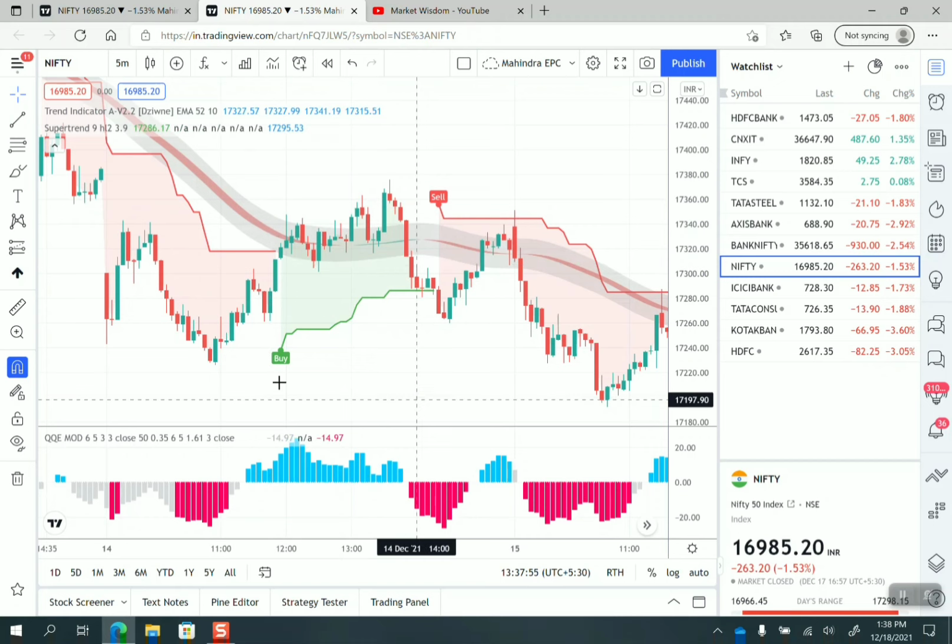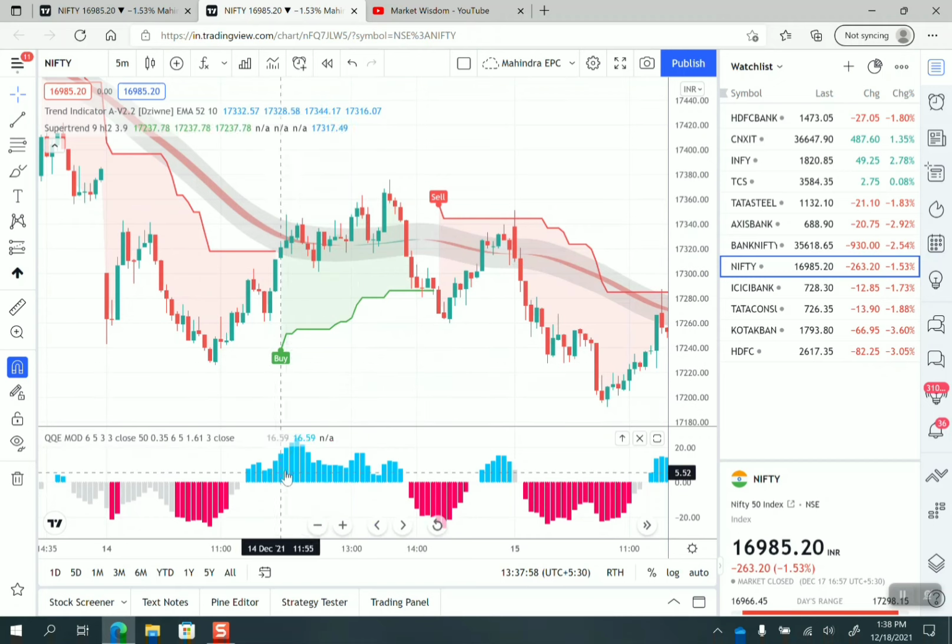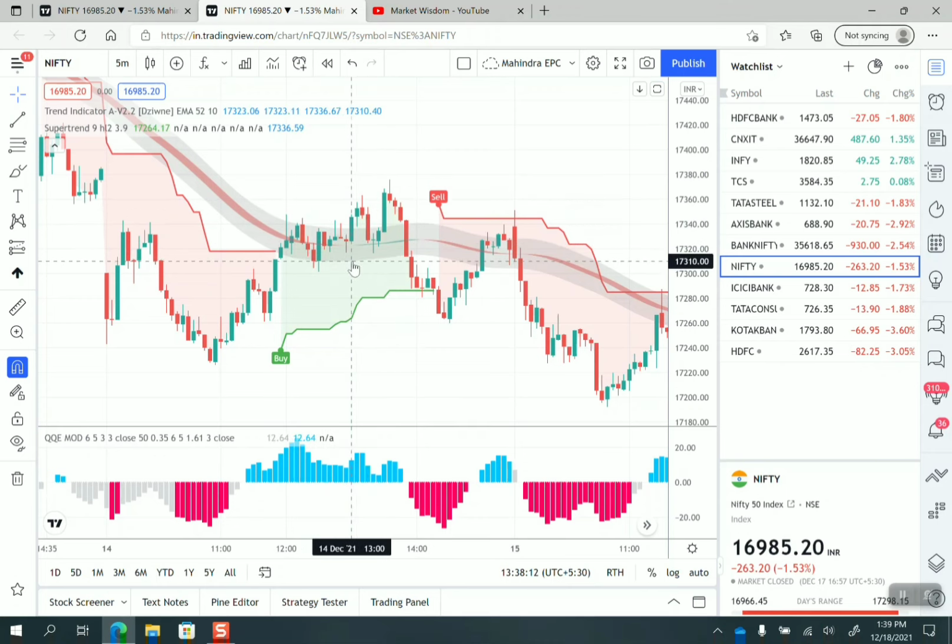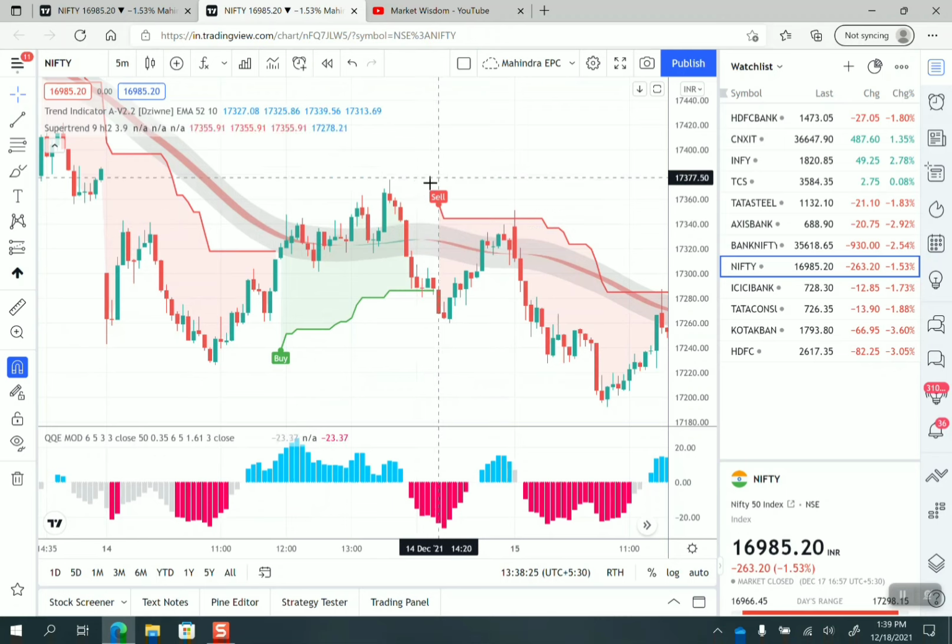So remember, for the buy side the signal will be: this oscillator will be in blue color, a buy signal should be indicated on your chart, and this trend line should be in a green color. Then only we can initiate a buy side, and stop loss will be the lower end of this band. This trend indicator, super trend we are getting right over here, the super trend lower end will be the stop loss. So this will be the strategy for the buy side. And in case of the sell side, what is the strategy? The indicator should be a sell side indicator, as you can see, sell indicated over here, and then this super trend middle line should be dark red, and the oscillator should be on the downside with red color. So that is how this strategy works.